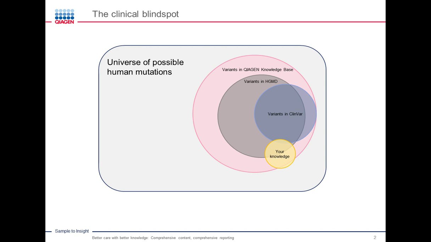Further, if we take a look at the number of variants that are captured in the knowledge base, we have annotations across almost 1 million variants. And as you can see, more than half of those are exclusive to the knowledge base. So again, if folks are just using ClinVar, they are missing out on more than 50% of the information they could be having access to through our knowledge base.